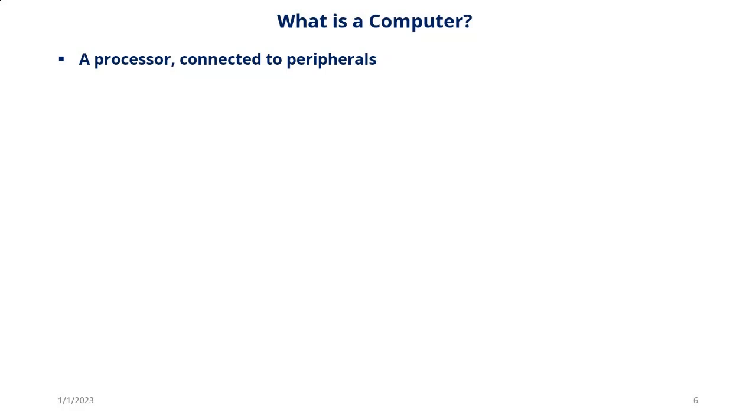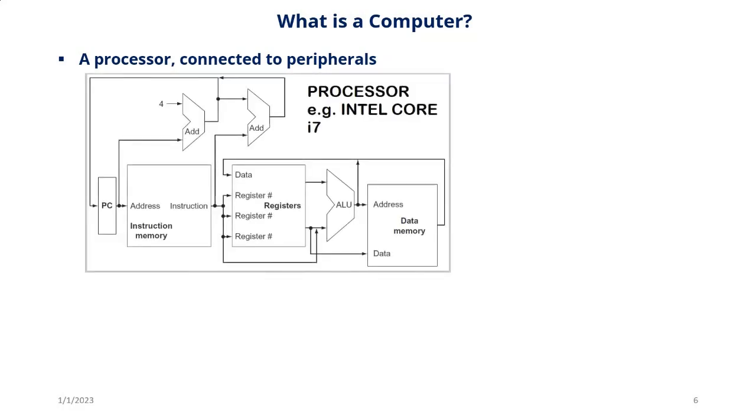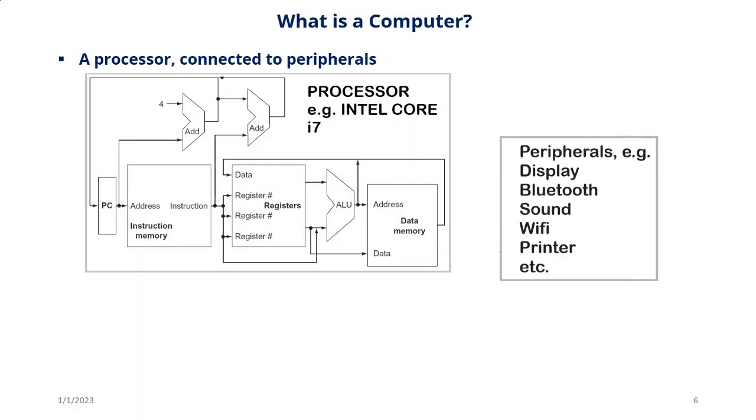From the hardware perspective, a computer is a processor connected to peripherals. So I have a very simplified diagram. What we are seeing there is an example of a processor, for example, the Intel Core i7 or AMD Ryzen or whatever processor. So it's not just the processor. Actually, it is the processor that is the computer, but for it to function, it has to be connected to